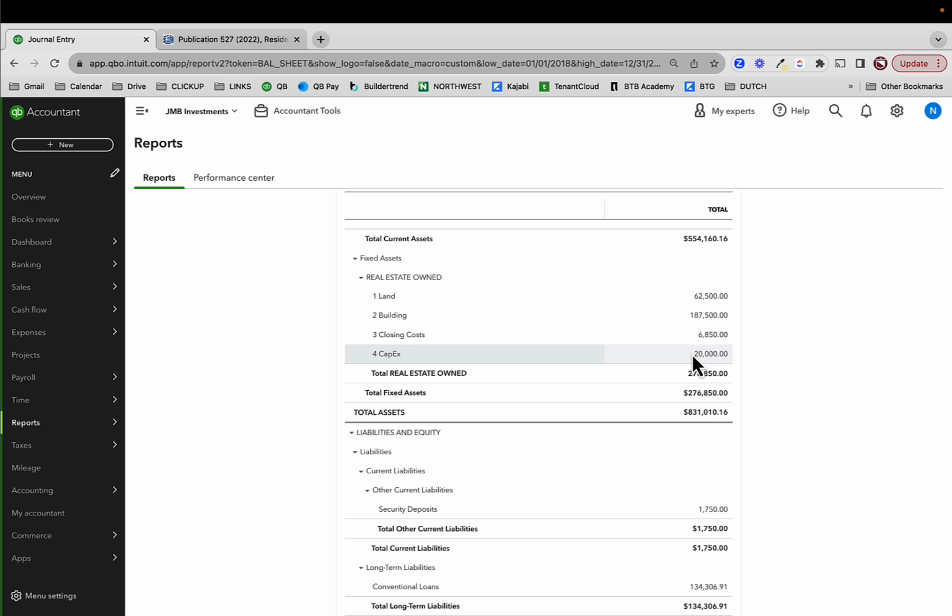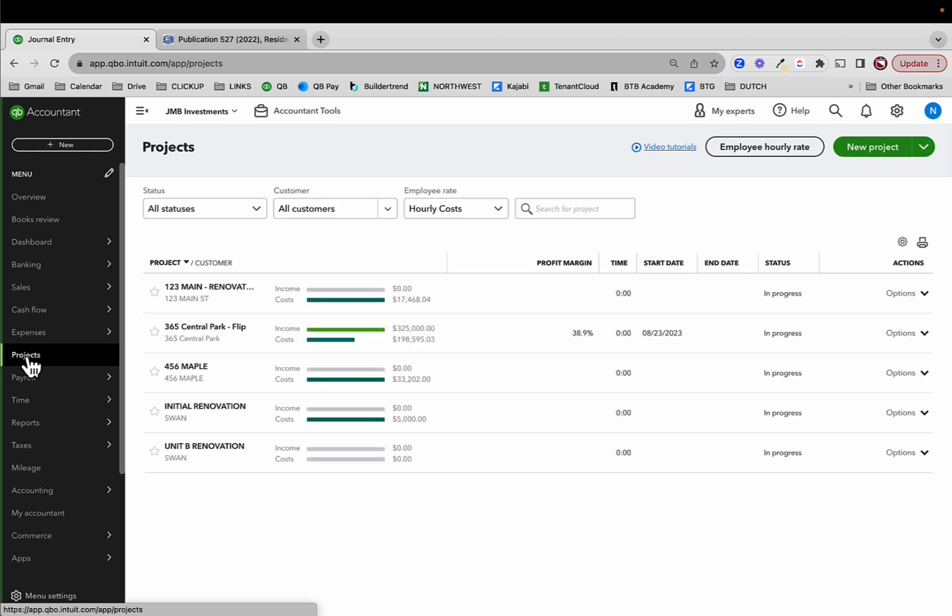All of this should be discussed with your CPA. I'm going to show you, and I have showed you where to put it and how to move it, okay? But it's up to you and your CPA to decide how that should go. And so I mentioned that I left the name blank on the project. And the reason that is really valuable is if I drill down into my projects over here and I look at my initial renovation versus the Unit B renovation,